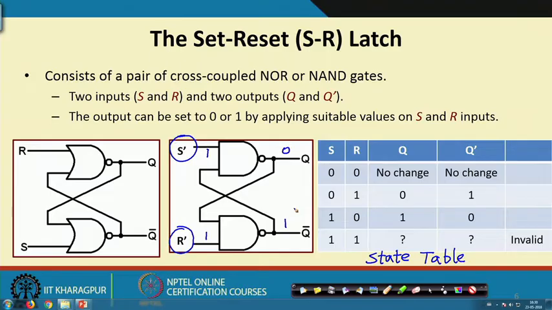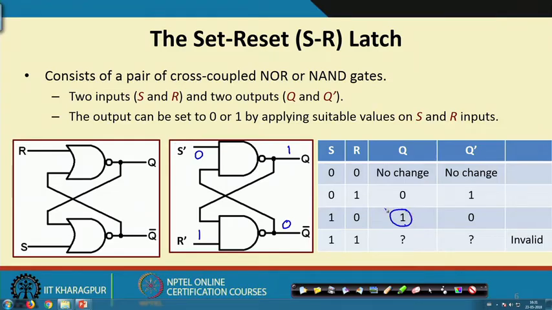Similarly, for 1 and 0. So, if I apply S 0 R 0, there will be no change, right. So, if I apply S equal to 0 R equal to 1, S equal to 0 means S bar is 1, R equal to 1 means R bar is 0. NAND gate, any input 0 will force the output to be 1, 1 and 1 this will be 0. So, you see the output is 0. Similarly, if you apply the reverse, S equal to 1 R equal to 0, this 0 will make it 1, this 1 will make it 0. So, the output is 1,